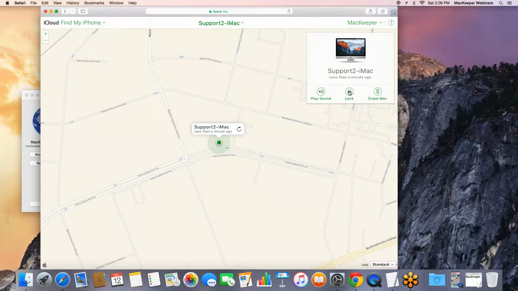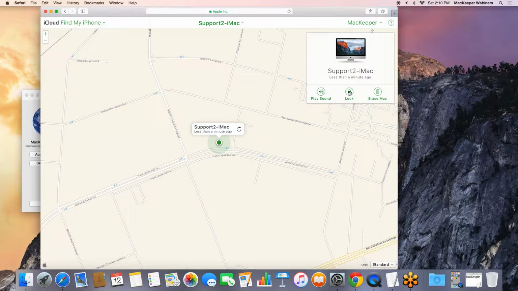Also, the tracking option for MacBook or iMac is available only if your computer is connected to the internet, is online using the Wi-Fi. If it is connected using the Ethernet cable, I would claim that they will not be able to track its position because Mac computers, unlike iOS devices, unlike iPhones, do not have GPS devices in them. So the only way to have the location of the Mac is by using the open database of Wi-Fi points all over the